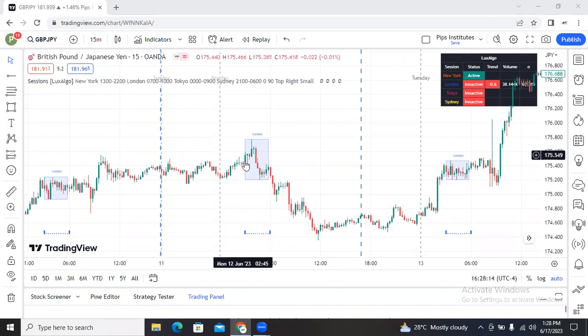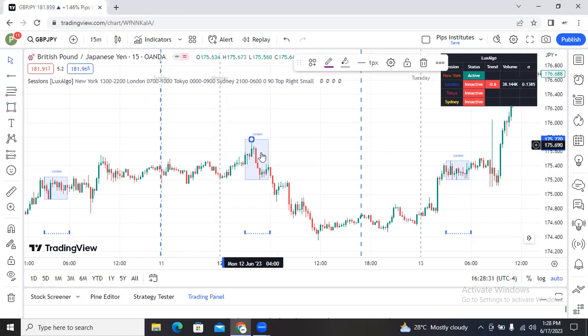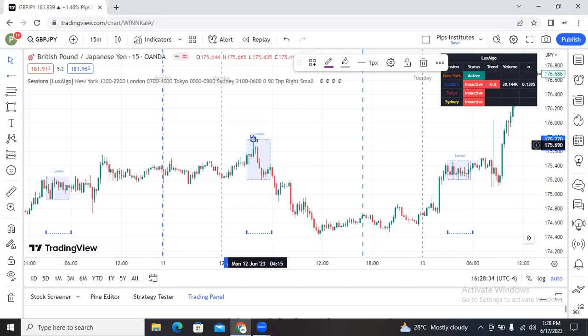Then we get around this level, I begin to see a move up. So the next thing I want to do is go to the 15-minute time frame. Let me highlight this area. I think I've already explained the process. So once you are already in this region, the next thing you want to do is go to a lower time frame to get